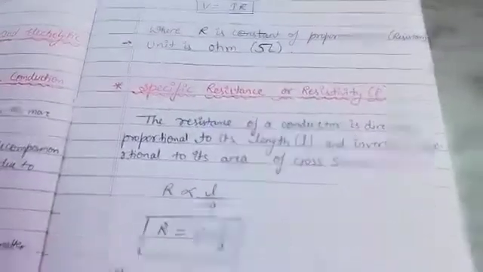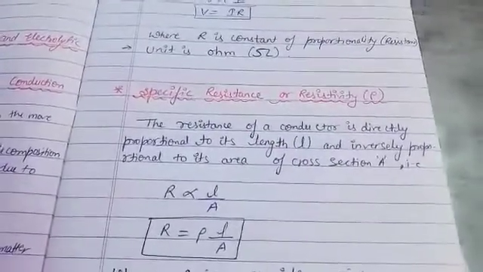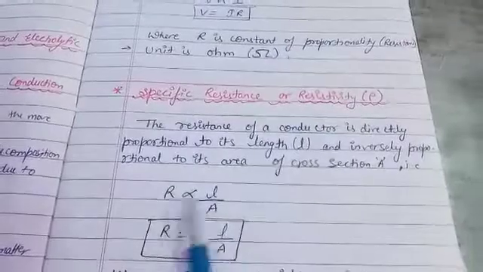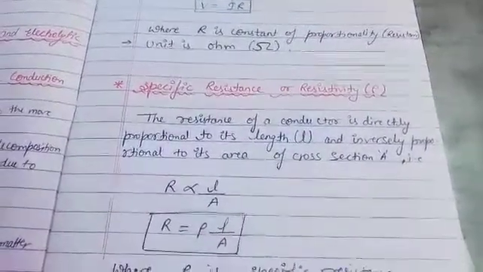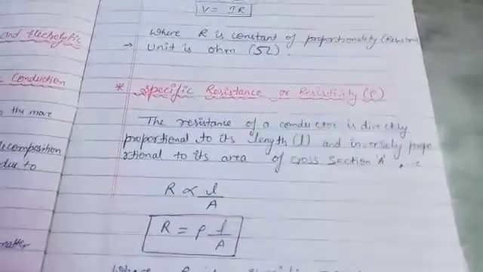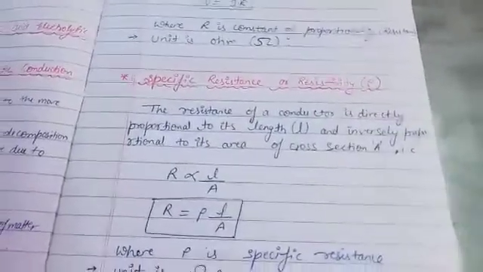So how to define it? Simple, the resistance of a conductor is directly proportional to its length and inversely proportional to area of cross section A. Okay, so if you know the formula, then the definitions are the same. Okay, now in this